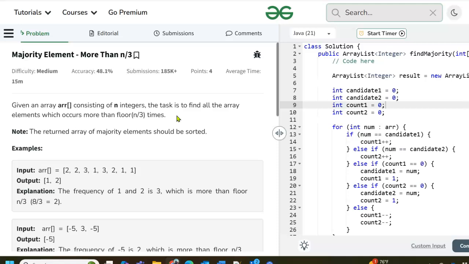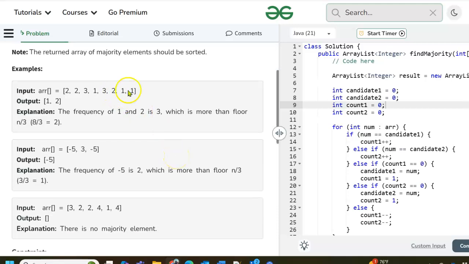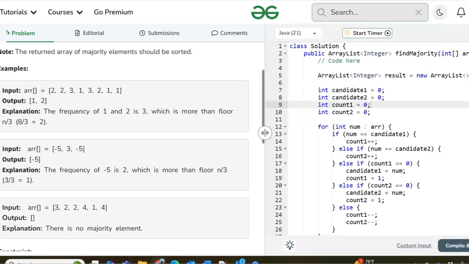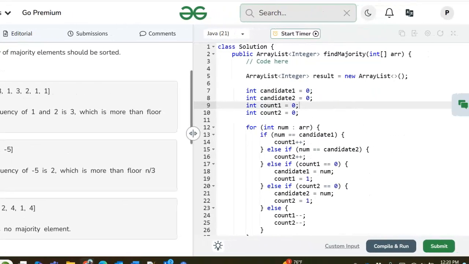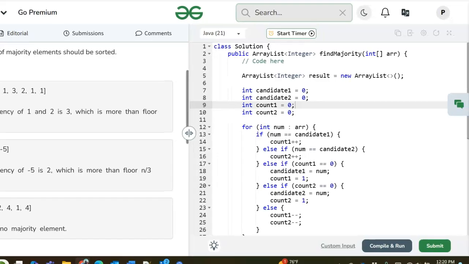if somebody said O of 1 on the space, then yeah, I don't know. Anyway, we're going to use an extended Boyer-Moore voting algorithm. We'll go through how it works with example 1 here. Now, O of 1, as we've covered before, doesn't